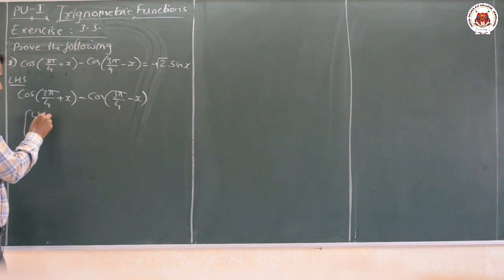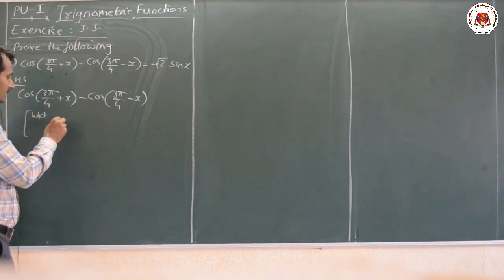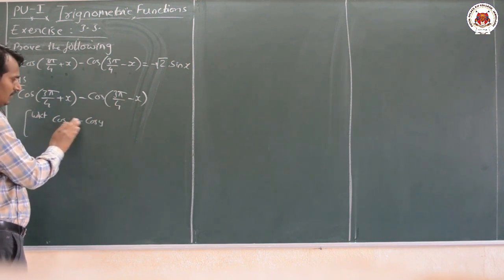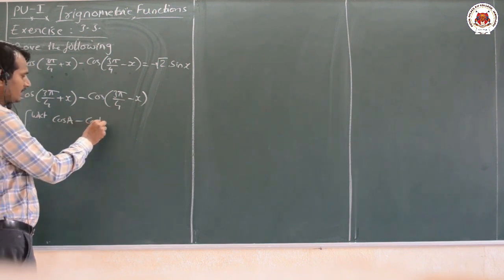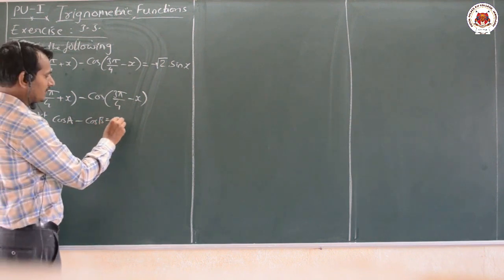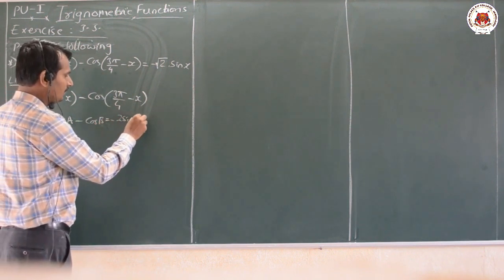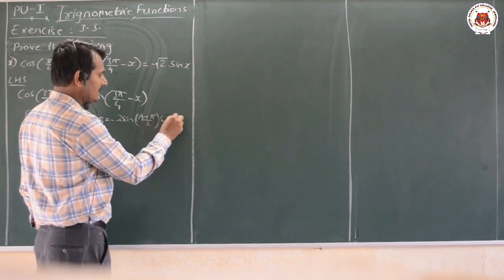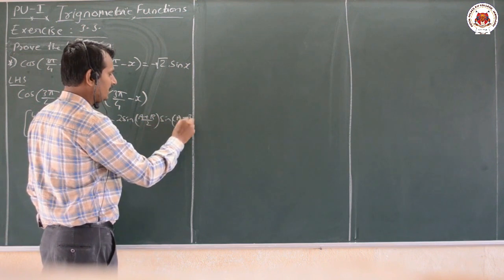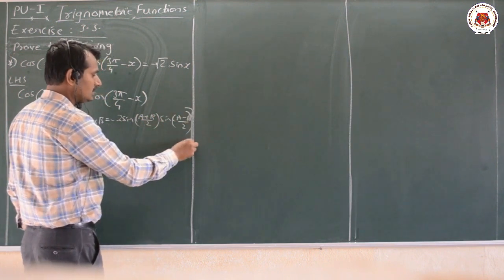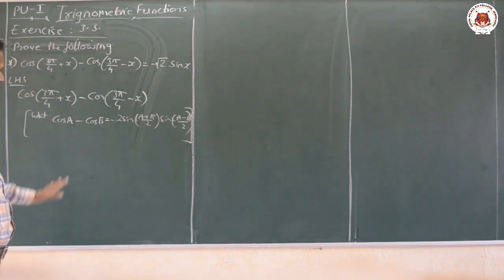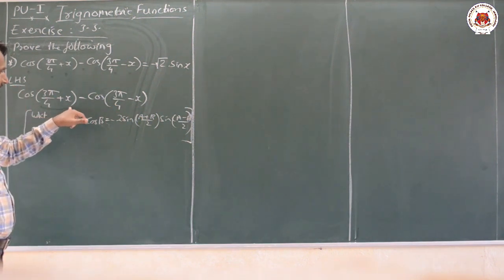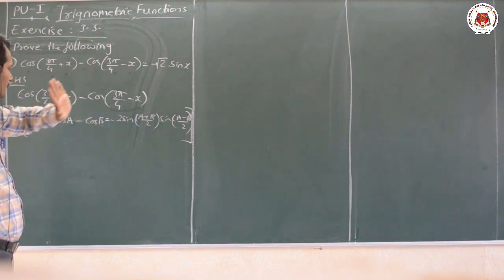What is it? We know that cos x minus cos y. For our convenience I will write it as cos a minus cos b. Now what formula do we have? That is minus 2 sin of a plus b by 2 into sin of a minus b divided by 2. Okay dear students, this formula we will make use of here. Very simple formula. Here a means this whole term is a, and this whole term will be our b part, that I am going to substitute now.